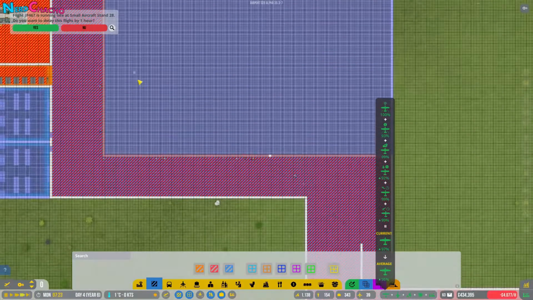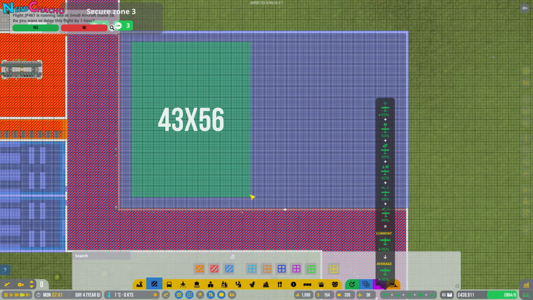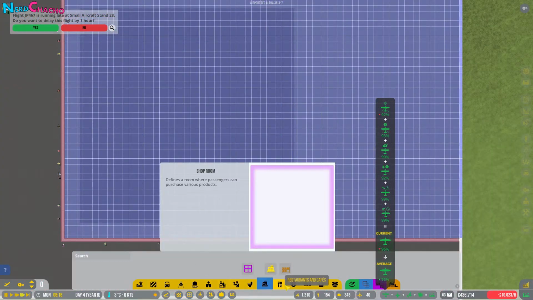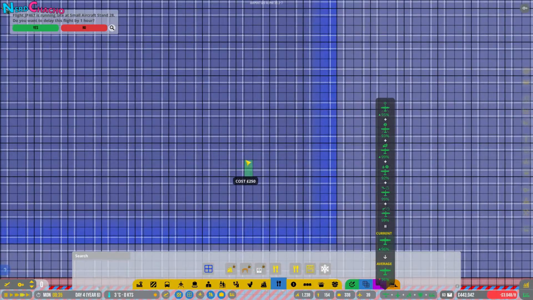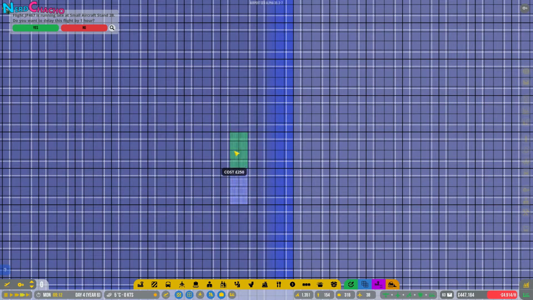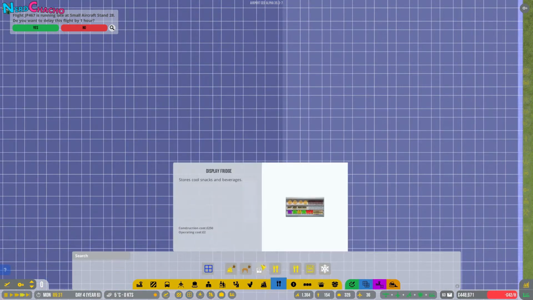Actually, do we want... Yeah, let's do a food room. So let's go like that in the middle. And this is going to be big. It's a biggie. 56 by 56. There we go. So we're going to want a load of our display fridges. I don't want to go for the middle thing again. Let's go on the outside this time. But I'm going to put these in 1, 2, 2, like this, and then let's go for